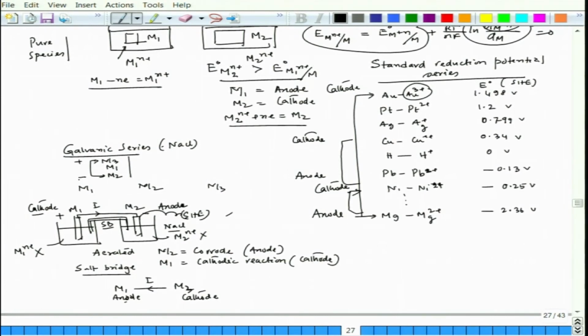Now, interestingly, what are the cathodic and anodic reactions? Since I have said that this is aerated, we have dissolved oxygen, and if we consider NaCl solution, it is a neutral solution. So, the cathodic reaction would be, and an anodic reaction